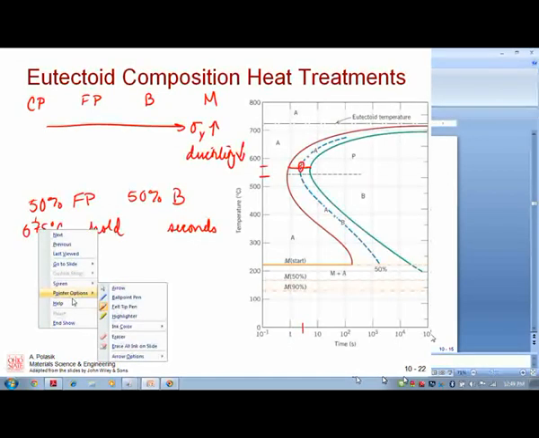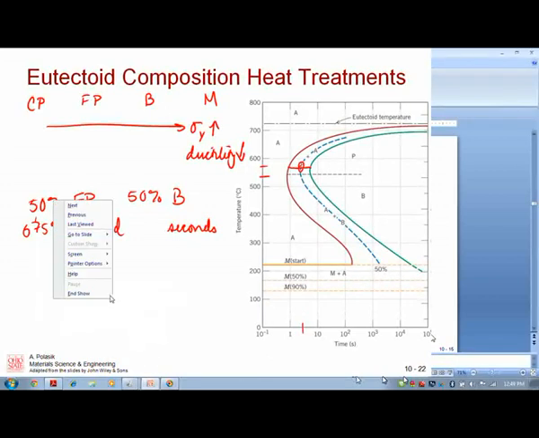Might be a little bit. What would happen if we cooled it, had the transformation at 500 versus 300? Yeah, it would be a little bit coarser, a little bit finer, but it's not as big of a difference in terms of mechanical properties as is the difference between coarse and fine perlite. So her question was, what if we formed bainite at 500 degrees C, what if we formed it at 300 degrees? The microstructure, the fineness there would